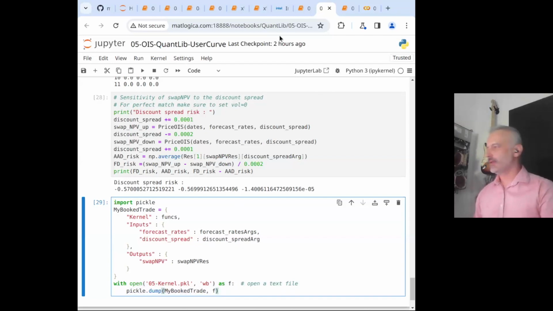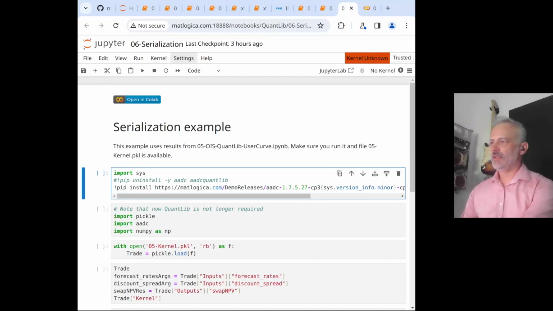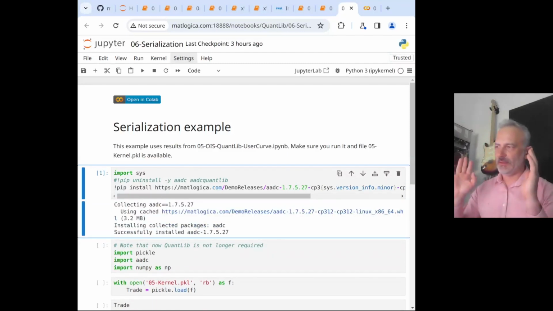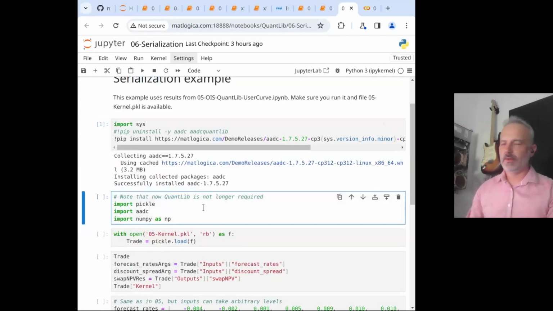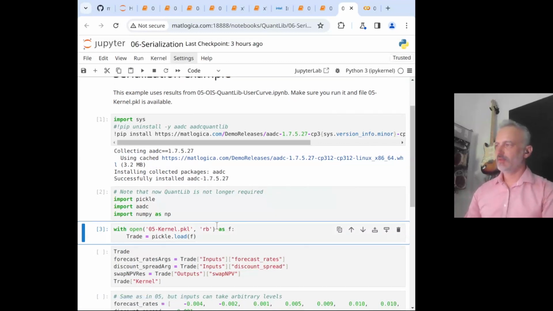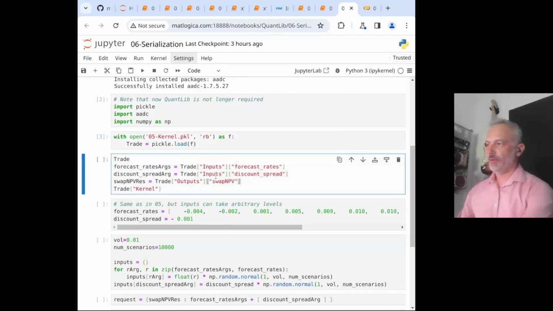So what can we do next with this? We can go to the other side of the equation. Here, we're going to install the ADC library without QuantLib. So it now knows nothing about our quantitative analytics implemented in C++. It has no connection to the original custom-defined interpolation method. But it can load the kernel from a file source. Again, you can send this file across the network, you can cache it in some kind of database, and you can rerun it as many times as you want throughout your trading day.